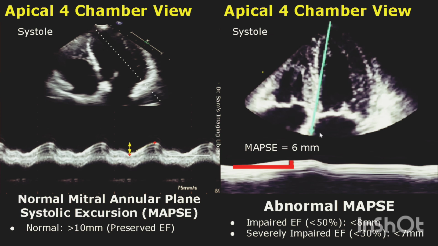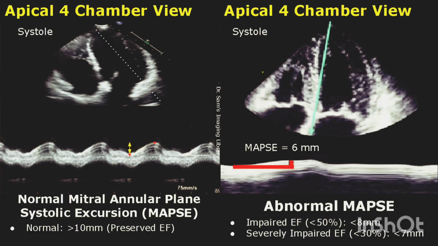Over here, we have an abnormal MAPS value. The M mode cursor is passing through the mitral annulus and it gives a very flattened wave. So by measuring the size of this wave, the MAPS value is only 6 millimeters, which is abnormal. A value less than 8 millimeters usually indicates an ejection fraction less than 50%,